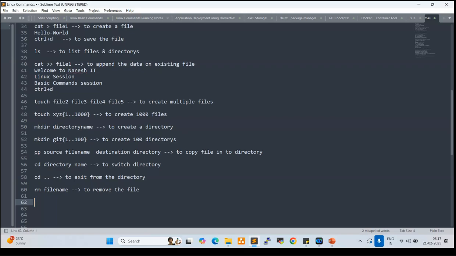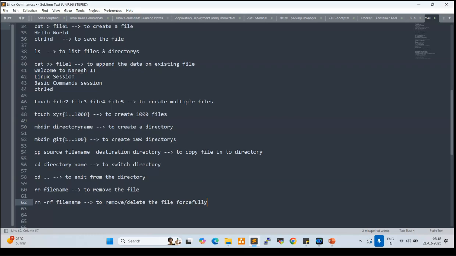I don't want to give that; I want to delete forcefully. For which rm space hyphen rf is the option: rm -rf space file name, to remove or delete the file forcefully without asking anything. It will be gone.